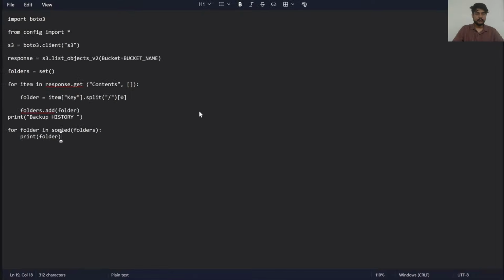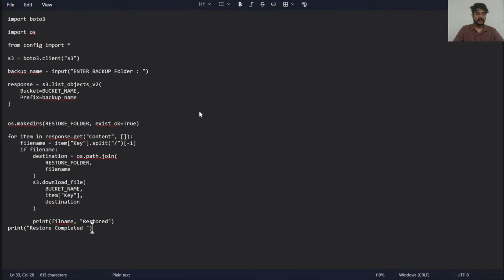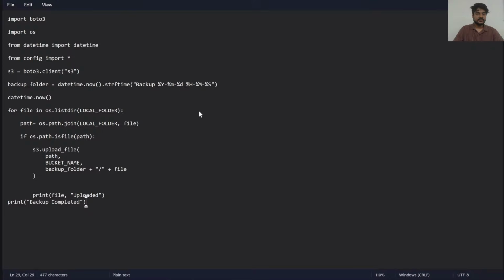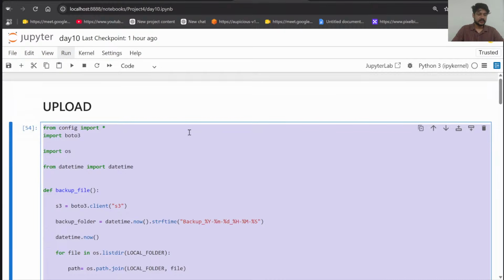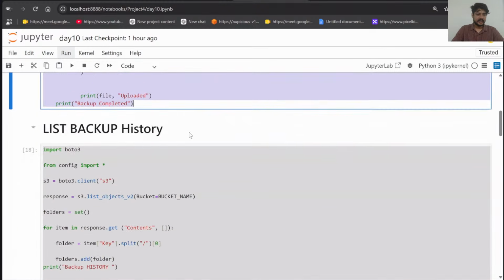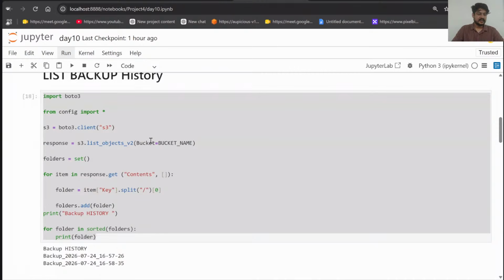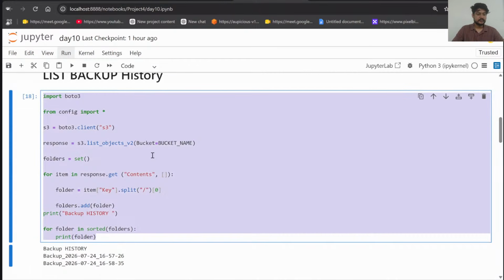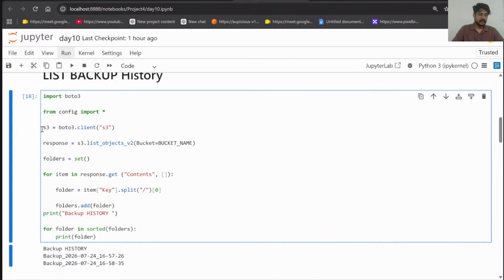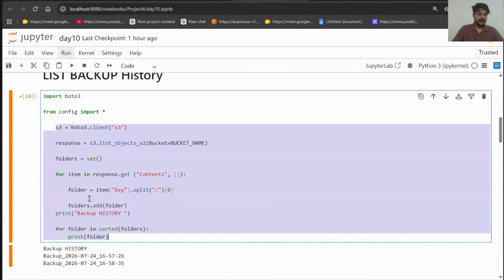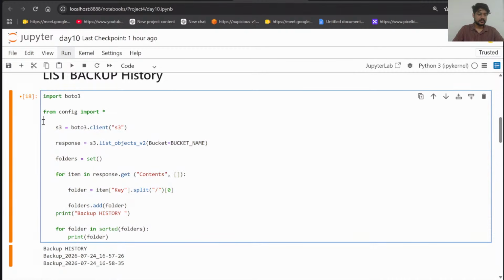This code saved. I'm closing all the notebooks. I don't want to save any other thing. Let me close all the files. So to make it simple, I close all the entire files inside the notebook. तो बैकअप वाला हमारा क्रिएटेड हो चुका है. अब एक और बना सकते हैं क्विकली, लिस्ट बैकअप. तो कॉपी करते हैं इसको. तो मे बी नोटपैड, नो दिस फंक्शन इज नॉट क्रिएटेड, तो इसको हम एक फंक्शन में कन्वर्ट कर देंगे. सो कॉपी टैब इट, मे बी इसको हम नाम दे देते हैं लिस्ट बैकअप.